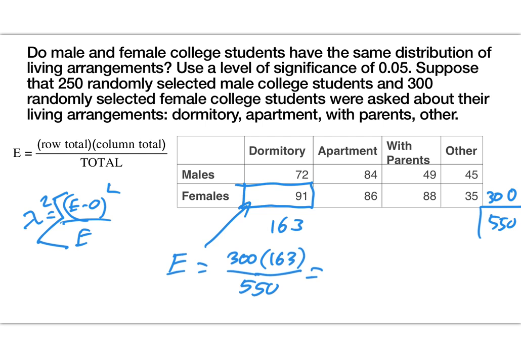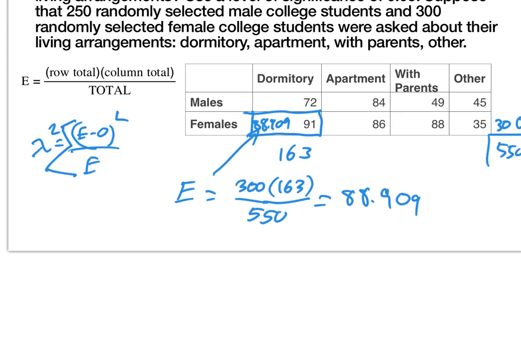Someone has their calculator out and they're figuring that out for me. 88.909. So then, as I think about calculations, chi-squared equals,